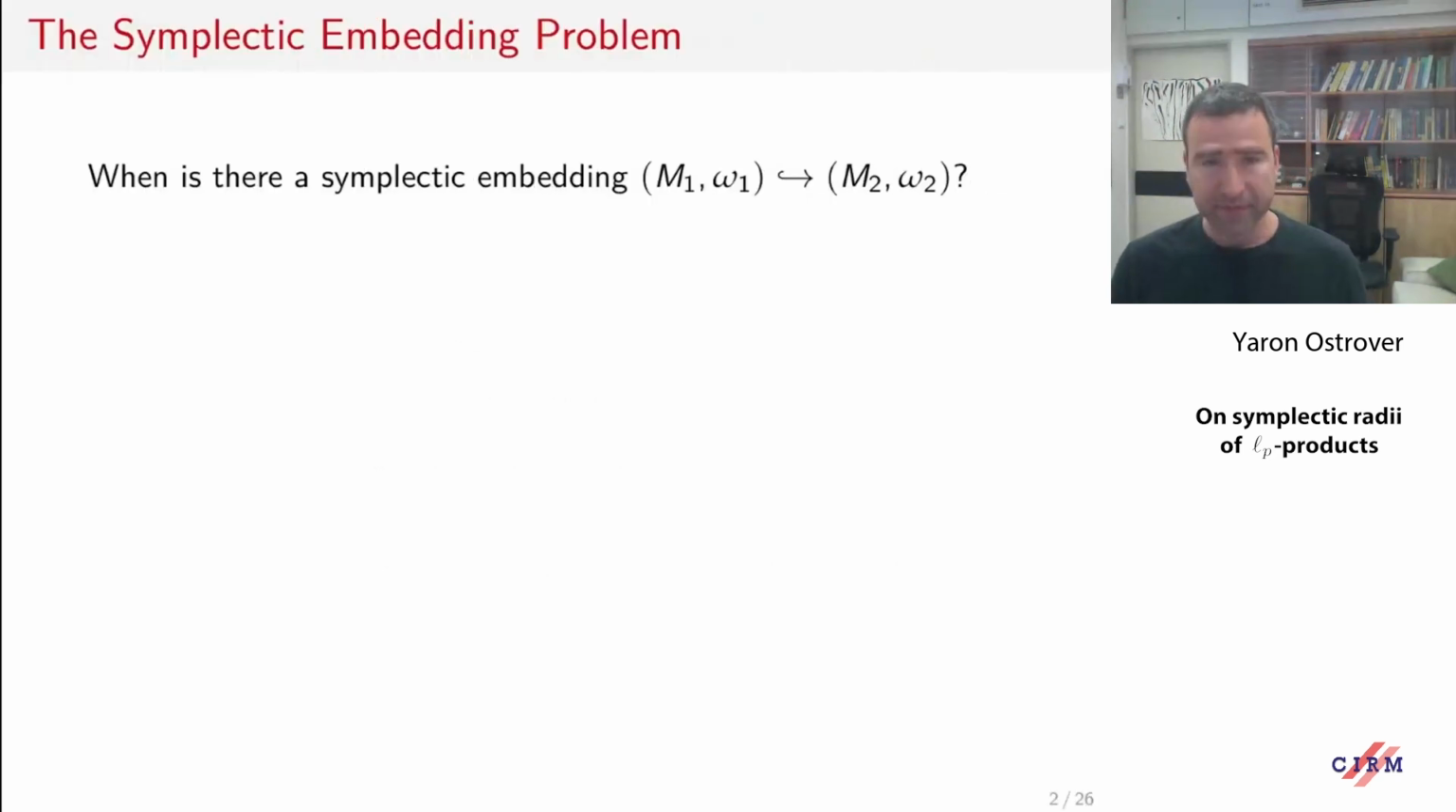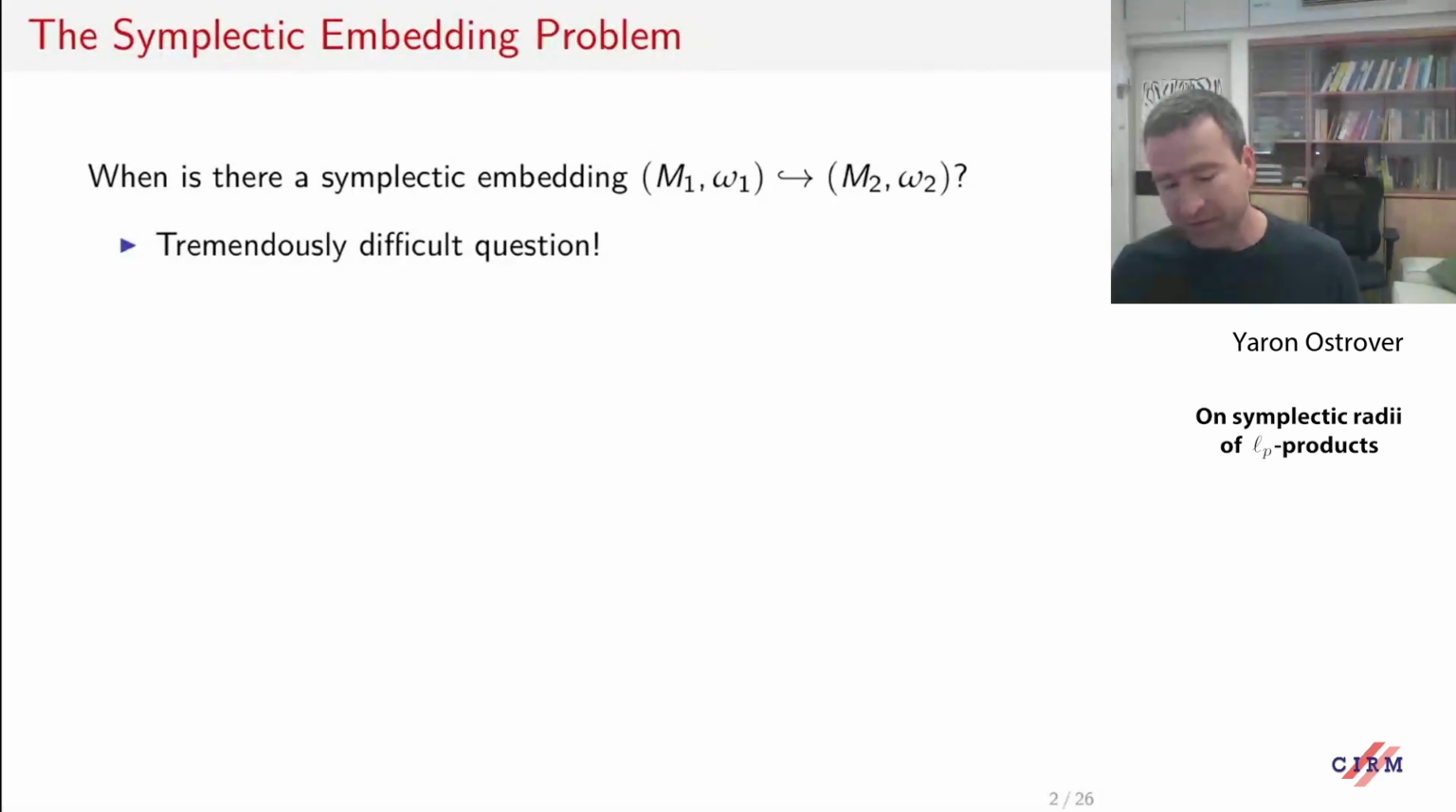So the starting point of the talk is the symplectic embedding problem that was already mentioned in this conference. It's very easy to state. We have two symplectic manifolds, and we want to symplectically embed one into the other. Now, of course, in such a general setting, this is a transcendental question. Extremely difficult question, but